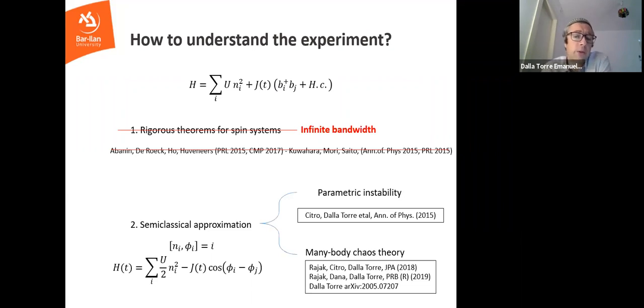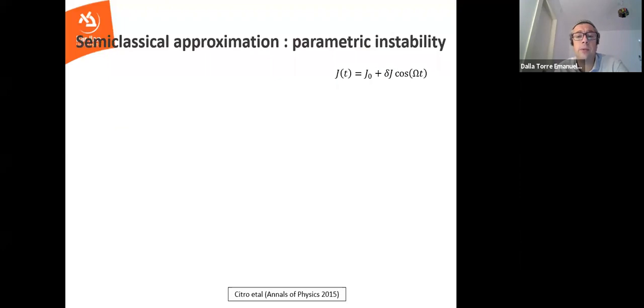I'm going to show you two arguments here. One is based on some of our older work. Actually, this is not really sufficient for the exponential suppression, and then I'll briefly mention these new works in which we do see an exponential suppression and try to link it to the experiment.